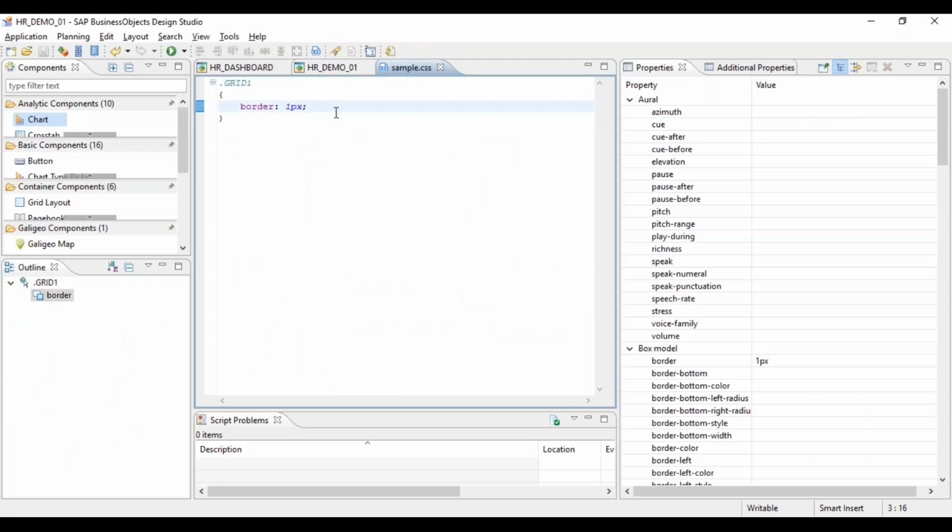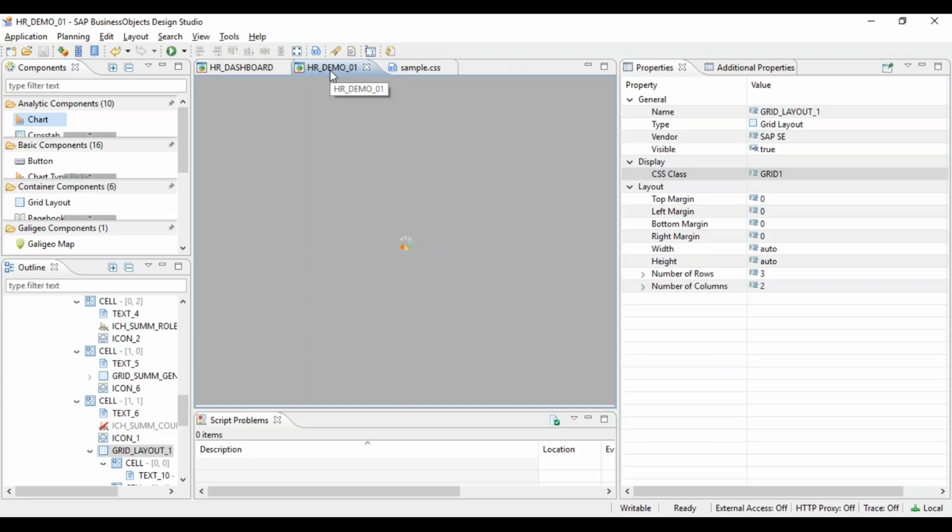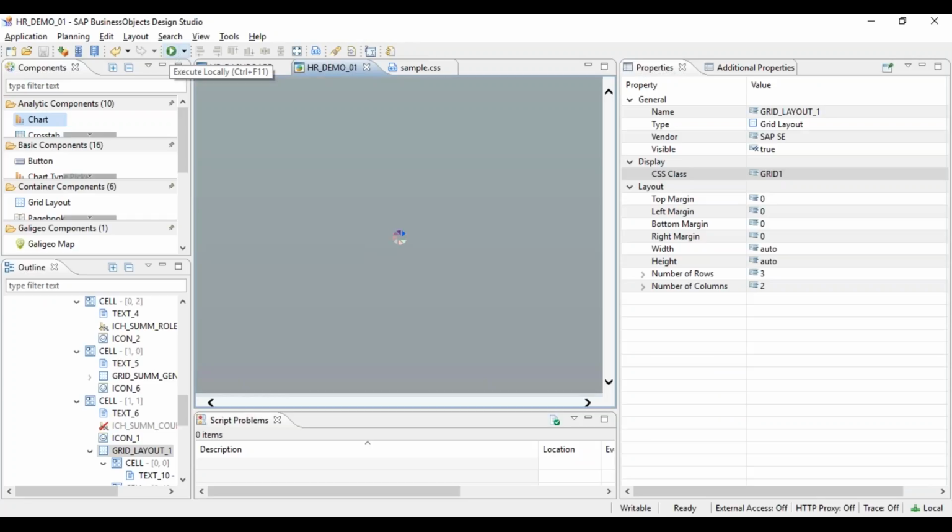One pixel solid black, let's say. Okay. One pixel solid black, and we need to write TD also. For grid, we need to write TD.